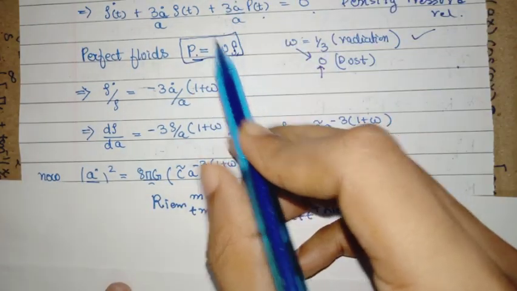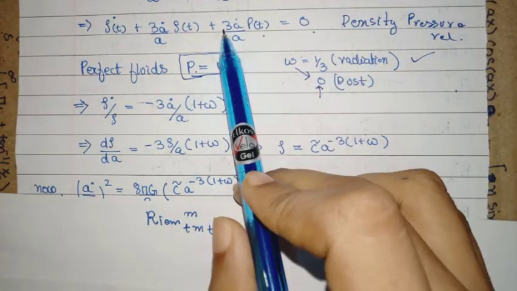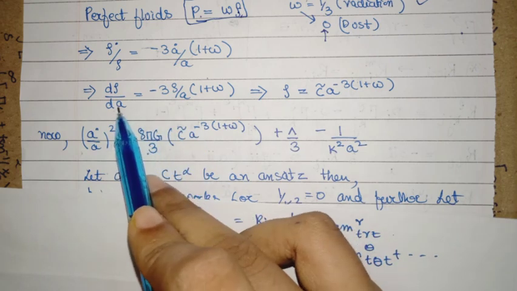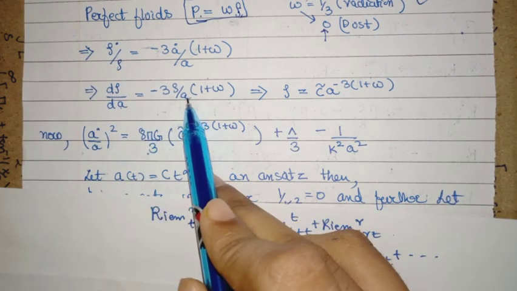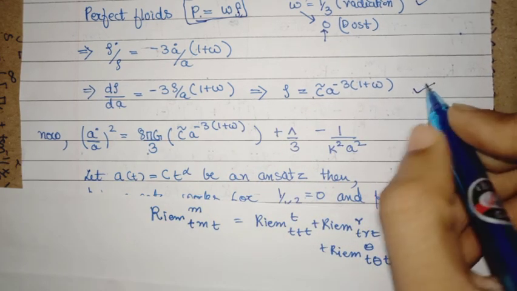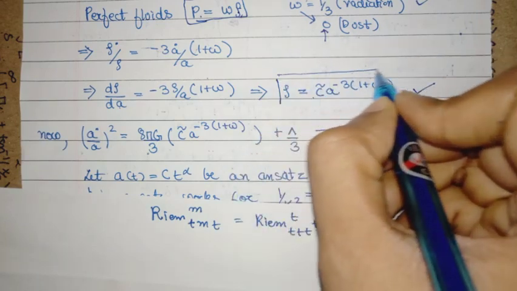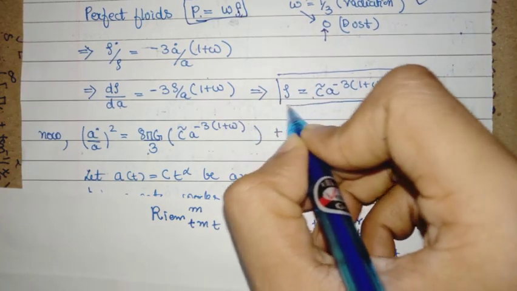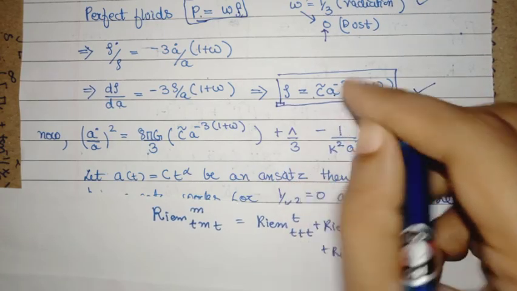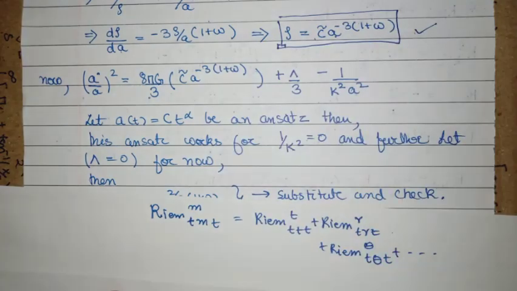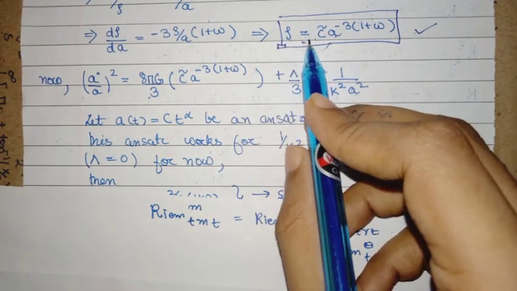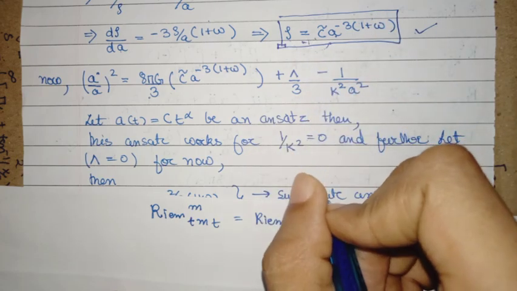So these are the various values. Now I will just substitute this into this density pressure relation, and I will just obtain, this is really a differential equation of rho and A, that will bring me to this point. So at this moment I have calculated my density in terms of the scalar parameter of the metric. Now I can put this relation into the Friedmann equation that I showed.